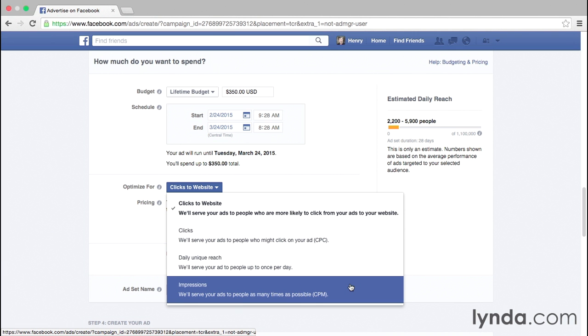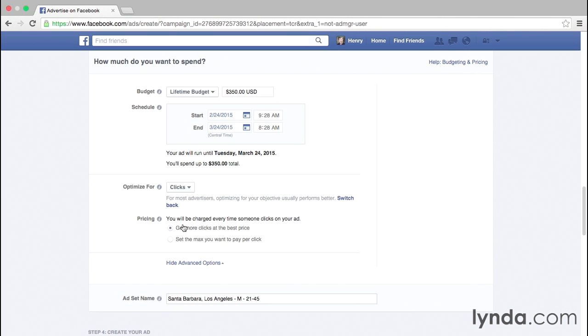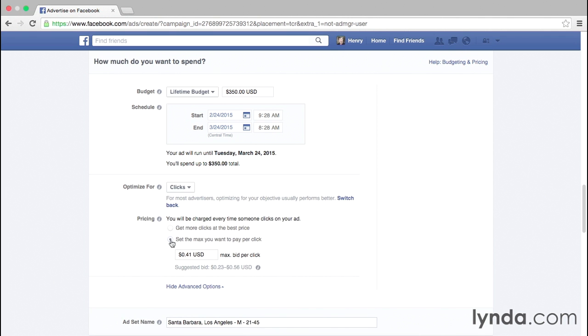So if we want to set how much we want to spend per click, I'll choose the clicks option from the dropdown. And here we can see the pricing changes to indicate that we'll be charged every time someone clicks on your ad. If I choose the "set the max you want to pay per click" option, I can now bid for those clicks. Now here, Facebook has set a max bid of 41 cents,